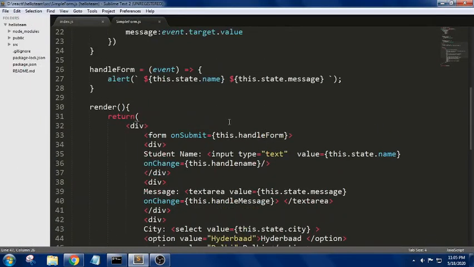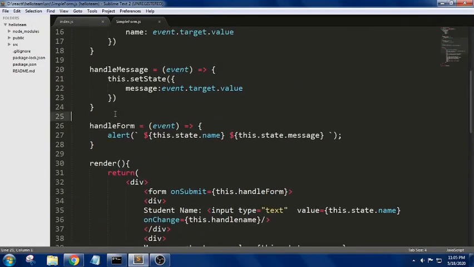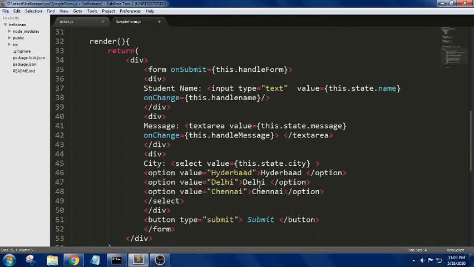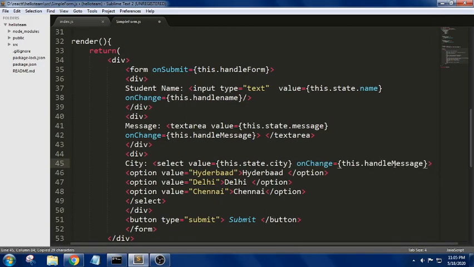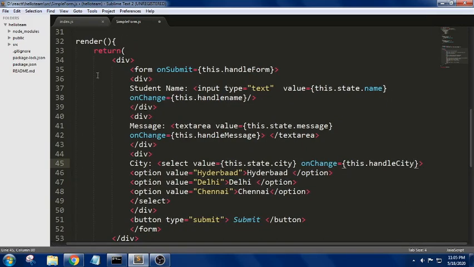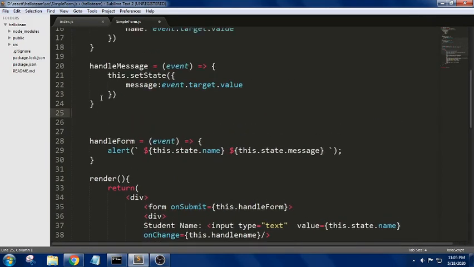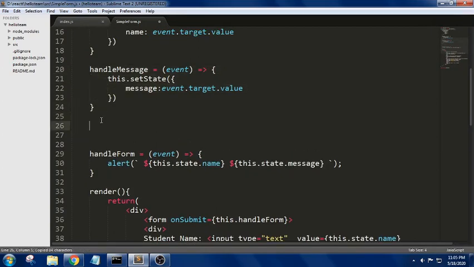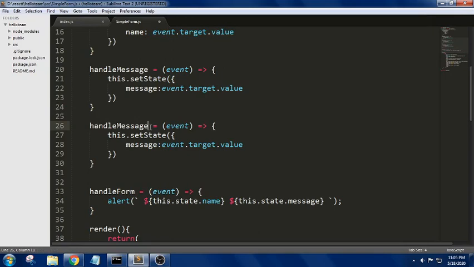So for this, I should be able to handle some event. If you can see here, I am trying to take this dot state dot city and on change I'm trying to write handle city. For this, the same snippet, we are trying to use an arrow function here.